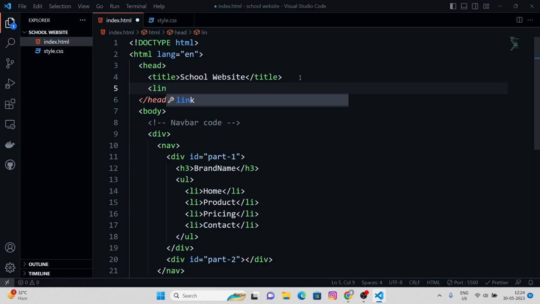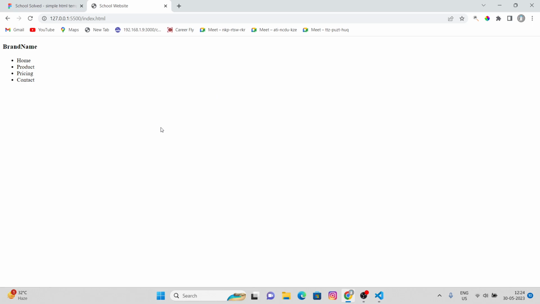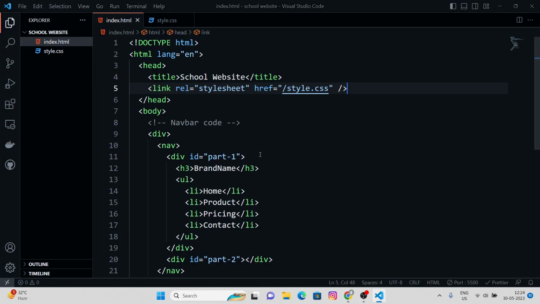Inside this head tag, we're gonna open a link tag where I can give a relation of stylesheet, right, and the href, the path to this style.css, right? So yeah, our CSS is connected. Cool. Now we need to